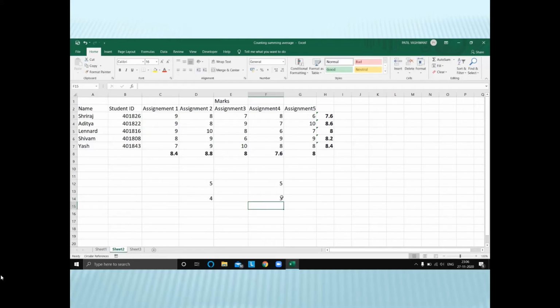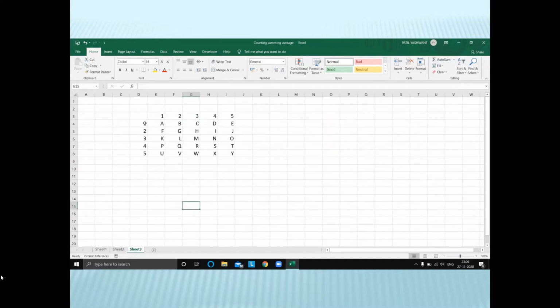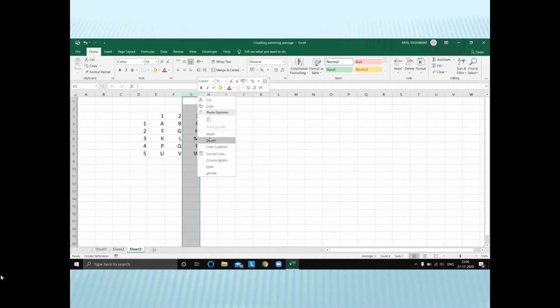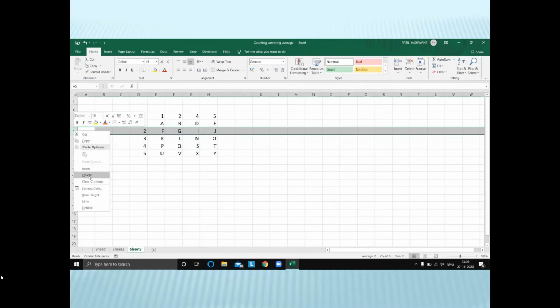This was for rows and columns. I'll explain more about rows and columns. Here are 5 rows and 5 columns. If I delete a particular column, the third column gets skipped or deleted. Also, if I delete a row, the second row gets skipped. It goes as 1, 3, 4, 5. But we do not want it like this. We want to go in serial order.